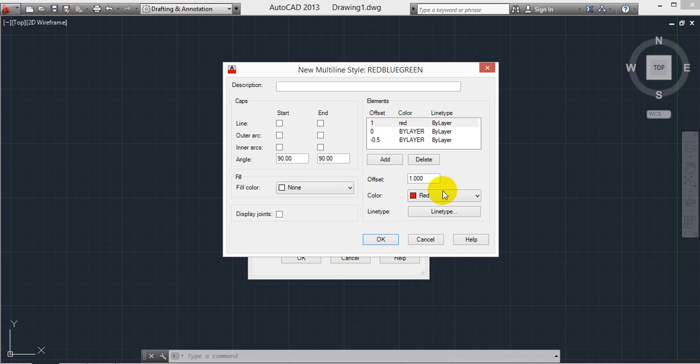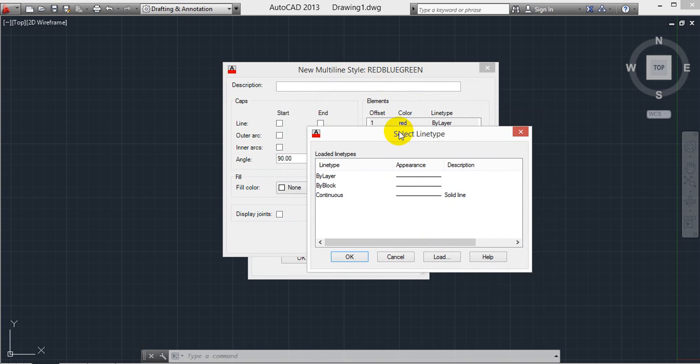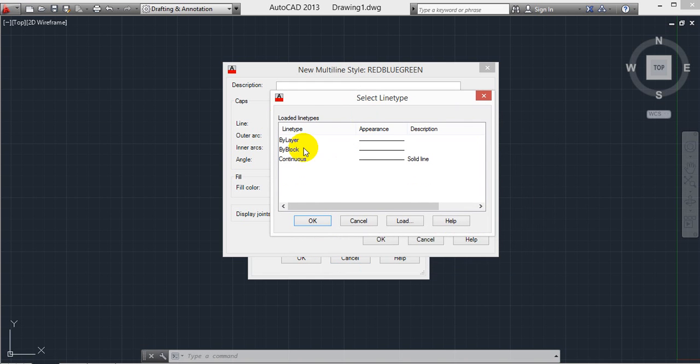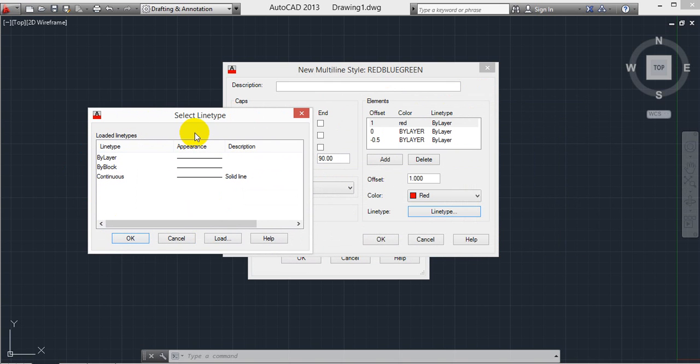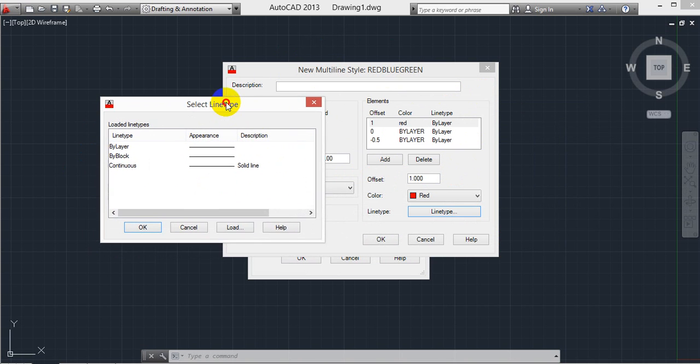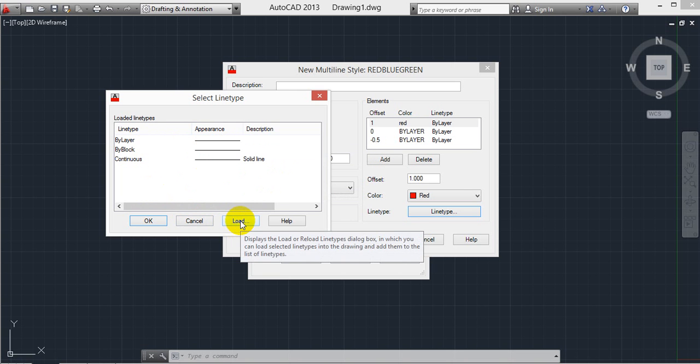In this line type I am going for Line. See, separately we have line types. In that topic also I am including this one. These two topics are the same. In that the line type is separated, but here in multi-line the line types exist. That's why I didn't explain line types. So here only we can learn line type. We have only 3 line types. On behalf of these 3 line types we can add more. Adding more means you have to go for Load. New line types, go for Load.